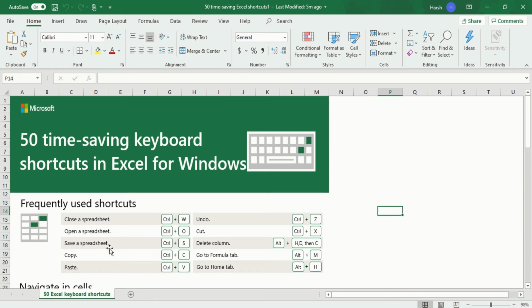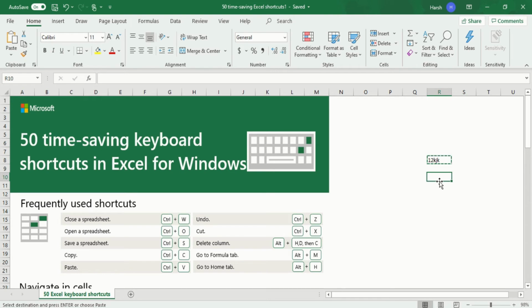Now we will talk about saving the spreadsheet. If you have made certain changes, like if you have entered certain digits and you want to save it, just press Control and S. The file will be saved. Besides that, the most common and most used are Control C, V and X. If I want to copy something from this cell, I press Control C. So this is copied.